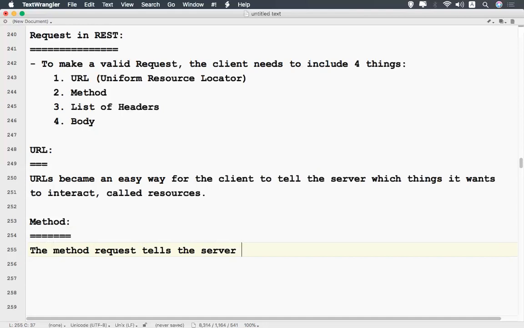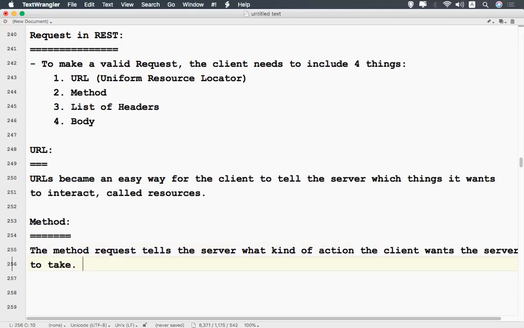What action it has to take when I send some request, the client will say in the form of a method.